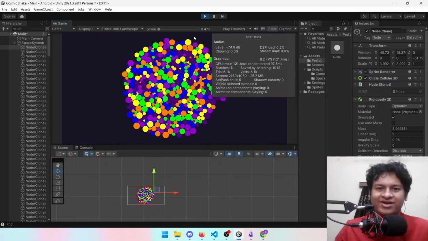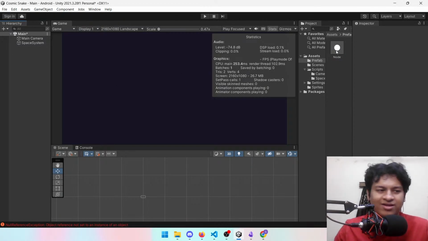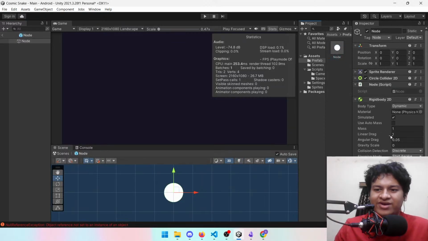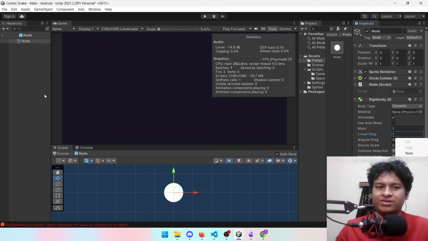We're reaching 500. Yeah, not viable. Not at all viable. It was 500 on the dot at that moment. Linear drag going one is fine. Not that space has drag, but